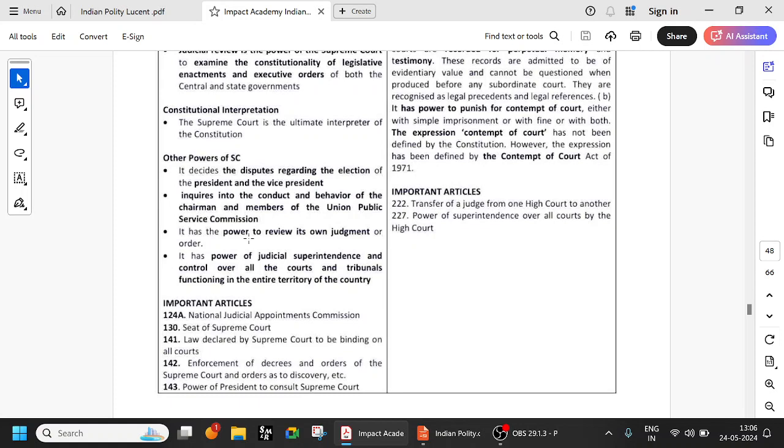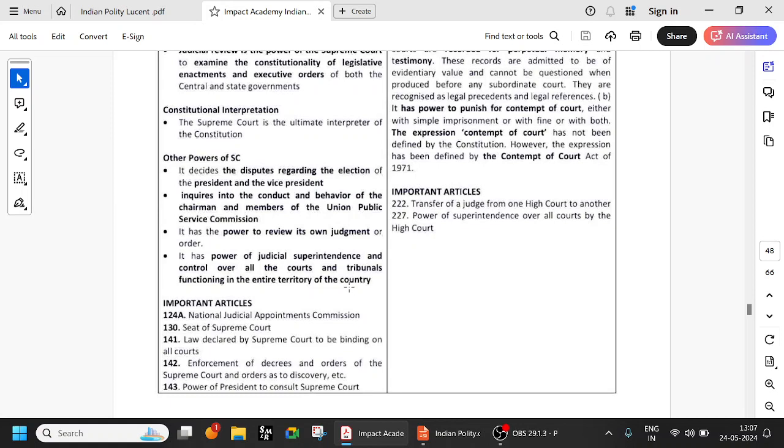So we have seen in the case of the Golaknath case, right? There was a review of its own judgment. Initially in the Shankari Prasad case, 1951, they said you can amend the fundamental rights. Again, in the Golaknath case, they said you cannot amend the fundamental rights. Again, in Kesavananda Bharati, they said you can amend anything, except the basic structure. Okay, so it has the power of judicial superintendence and control over all the courts and tribunals functioning in the